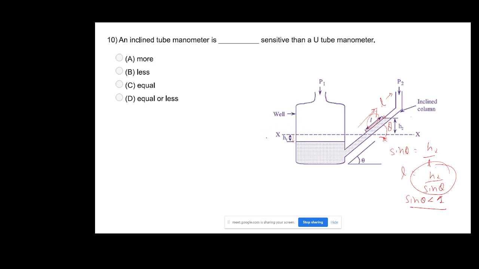So for any case where we have a very minute change in pressure also,